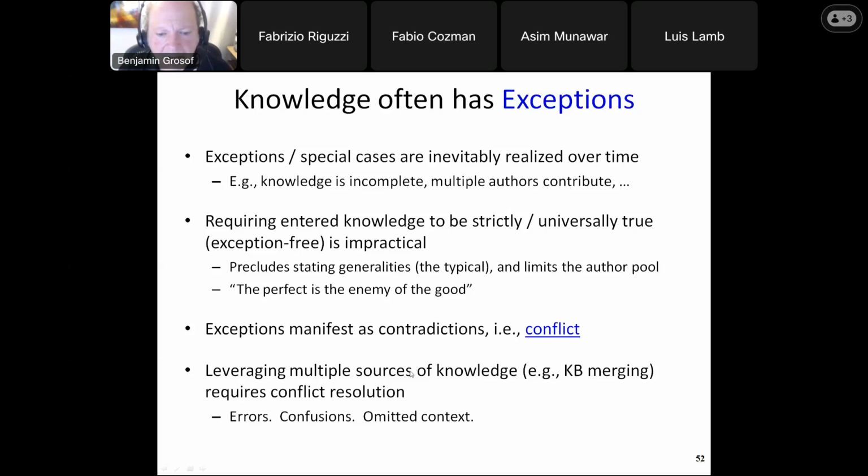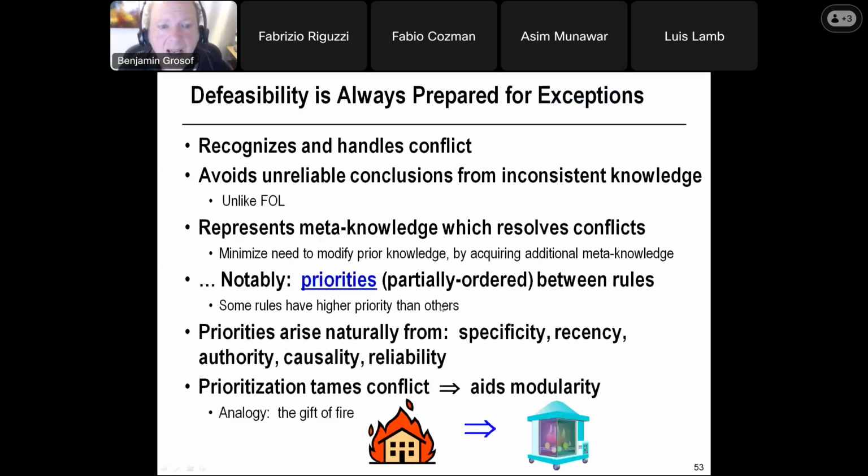Now, exceptions manifest as contradictions, that is conflict, and leveraging multiple sources of knowledge, say when you're merging knowledge bases, large scale socially, for example, over the web, part of the kind of things that people try to do with interoperability and semantic web as well. You have human errors, you have confusions, you have omitted or underspecified context, and defeasibility is always prepared to handle exceptions,